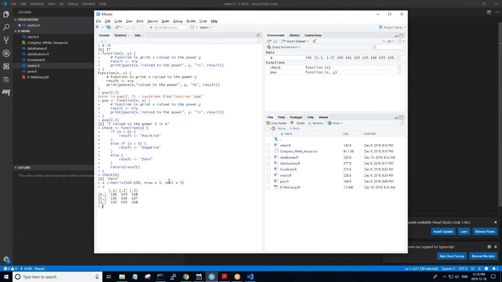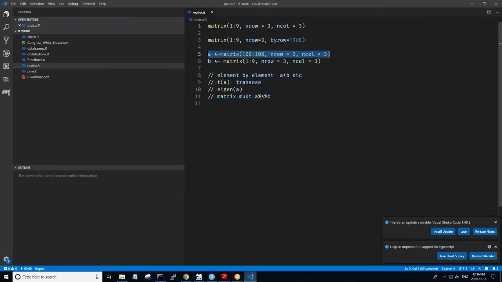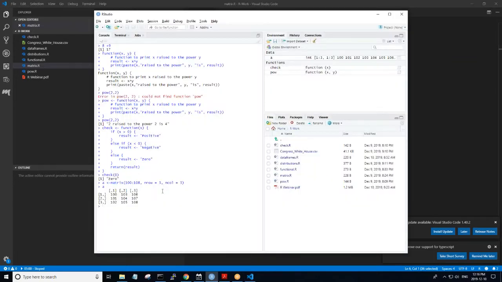It's very easy to define matrices. It also supports a very nice interface for doing various kinds of operations. For example, we can do element by element things like subtraction. We can also do various sorts of things like matrix multiplication.